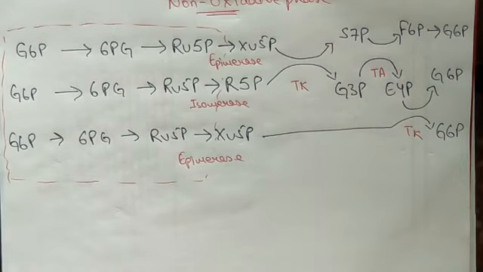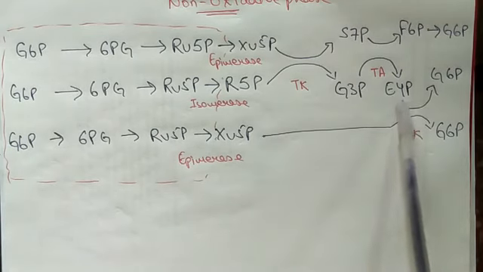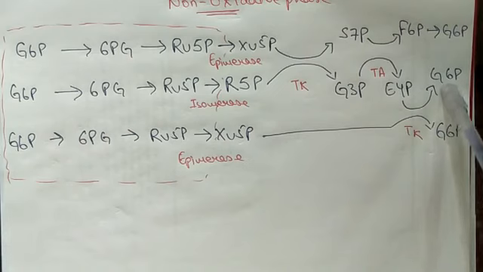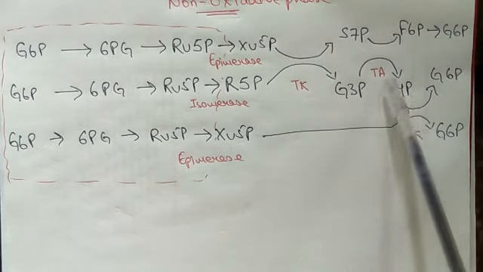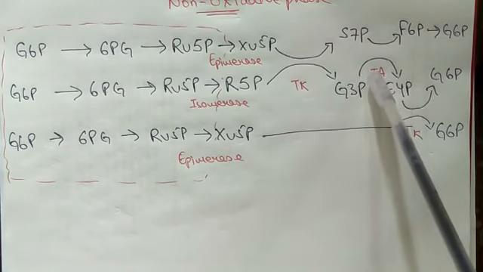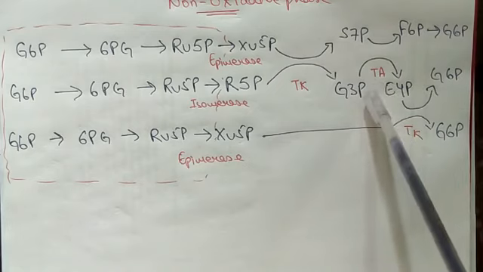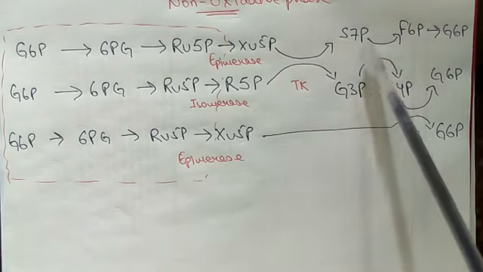Now, why does this pentose phosphate pathway run? It occurs for the formation of NADPH, which serves as a source of electrons for the reduction of molecules during biosynthesis, and for the formation of 4 or 5 carbon sugars, that is ribose 5-phosphate and erythrose 4-phosphate, and for the production of these. Why for this? Because the 4 carbon sugar, erythrose 4-phosphate, is useful for the synthesis of aromatic amino acids and vitamin B6, which is called pyridoxal.